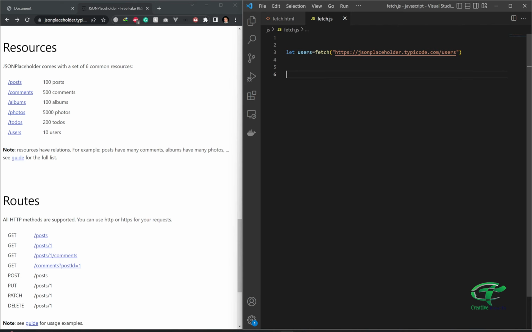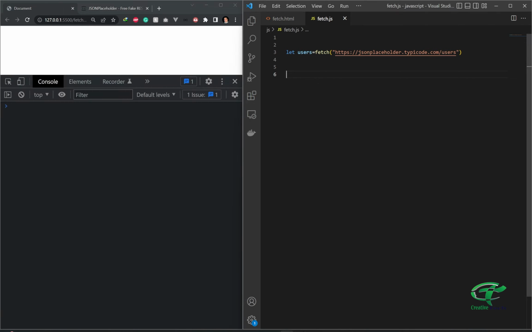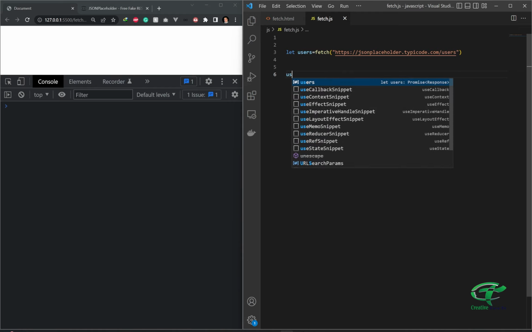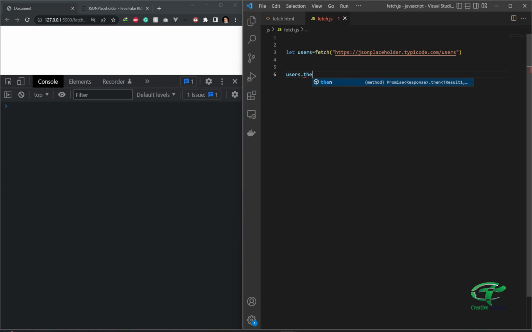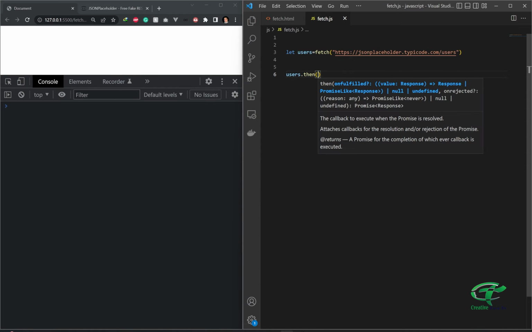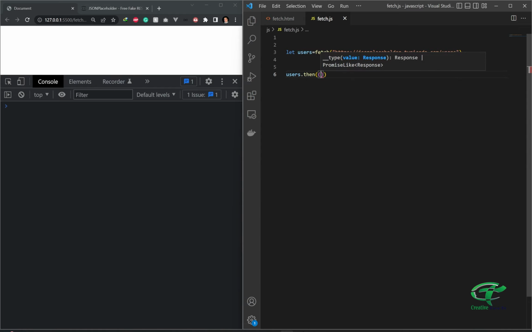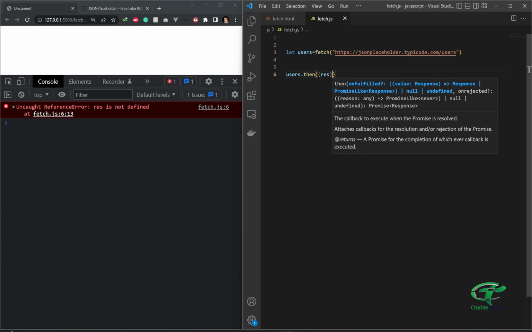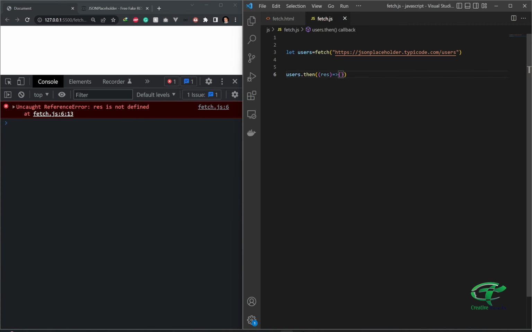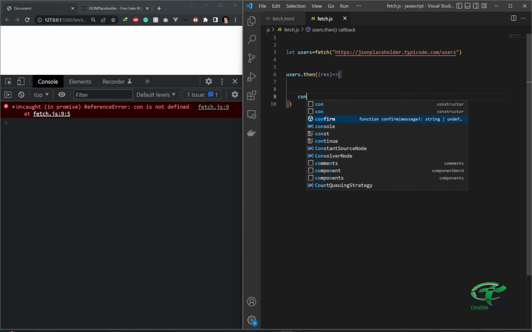And Fetch API uses promises that we have discussed in the last video. If you don't know anything about promises, then watch that video first. So now users dot then, so we will get a response. So the response, and we will create an arrow function here and we will write what to do with this response here. So now if I console.log it,